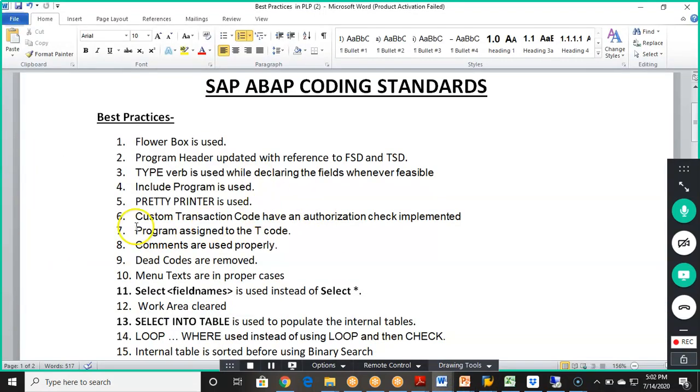Pretty printer has to be used, and custom transaction codes have an authorization check implemented. See, by default SAP basis team will give you the authorization groups. There will be authorization groups which will be prepared for each department. For example, finance department will have a separate authorization group. A sales department will have a separate authorization group. Every department will have its own authorization group, but we technical people will have a separate authorization group for ABAP. So if that authorization group is assigned, then we'll be able to use all the transaction codes which we are using for programming. But the end users will have separate authorization codes in which they will be given